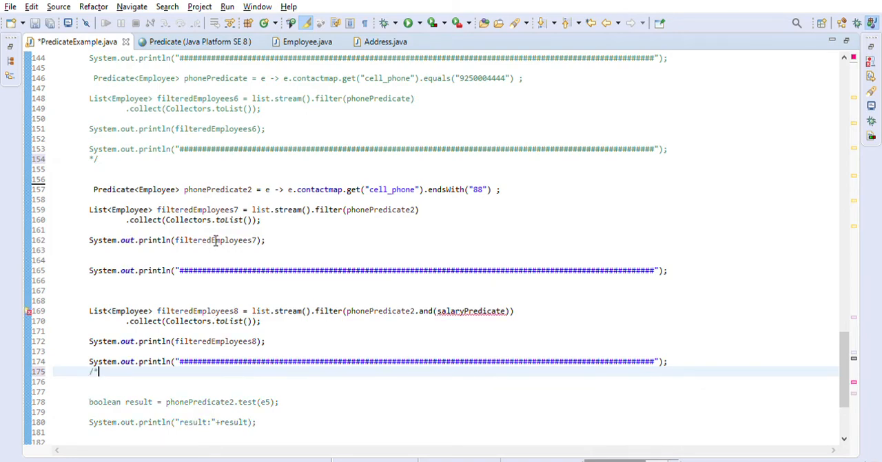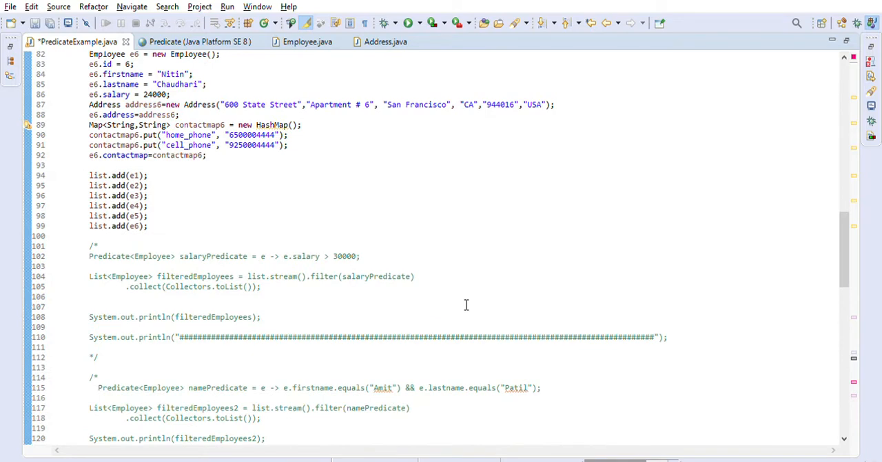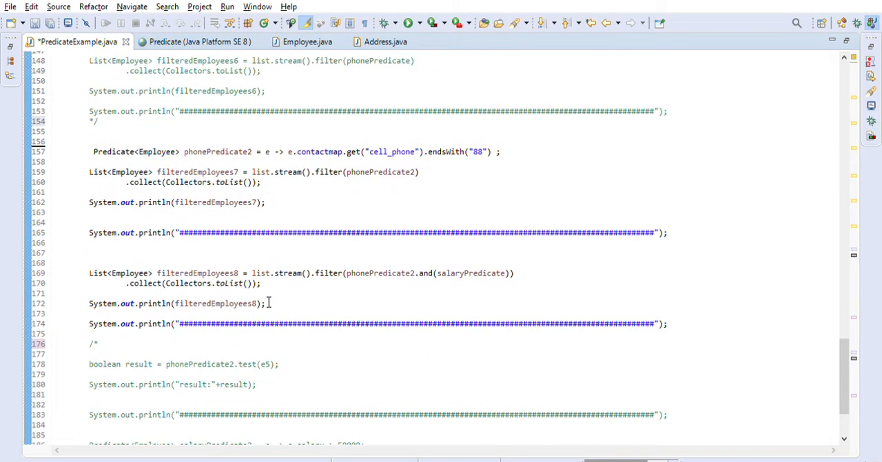So the first predicate, okay, yeah, that is fine. We just commented that, that's why it is showing that. So let me uncomment this salary predicate that we have right here. We created this, right? So let's use this because we are using it here, so we have to uncomment it. So now as you can see, here we are just saying give us the employees whose